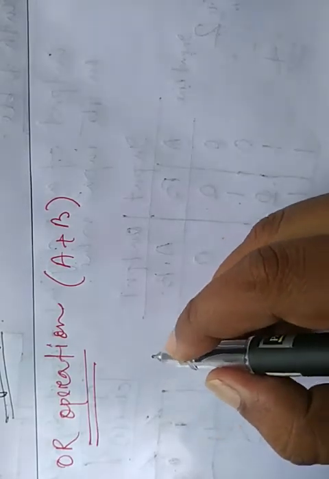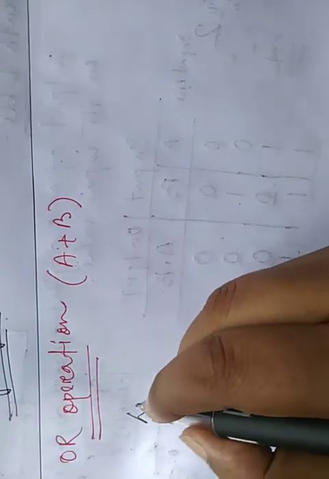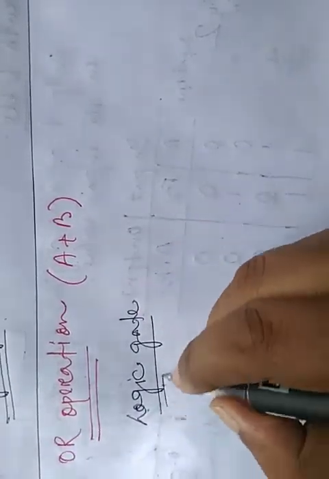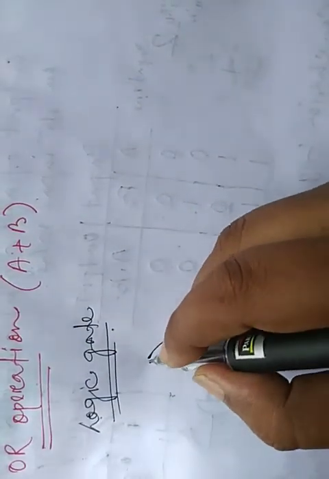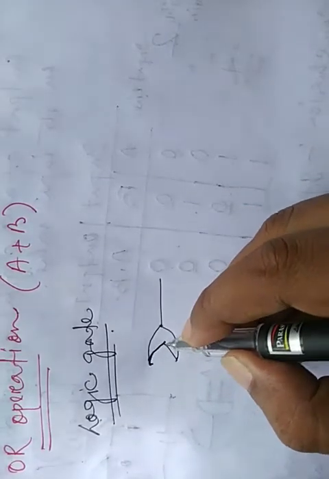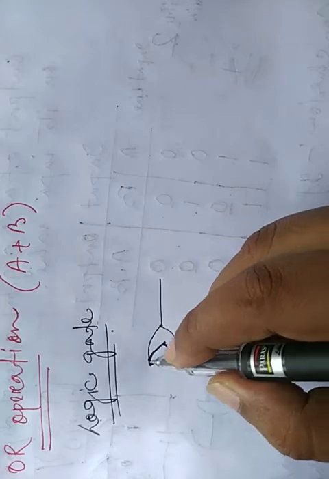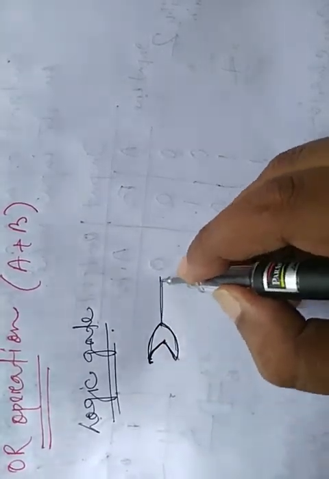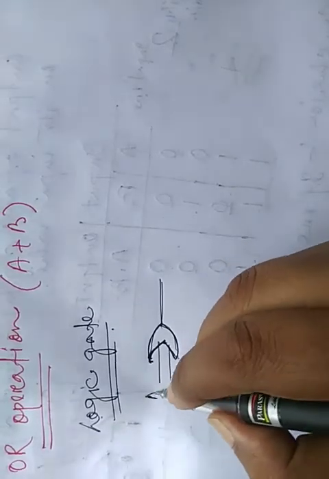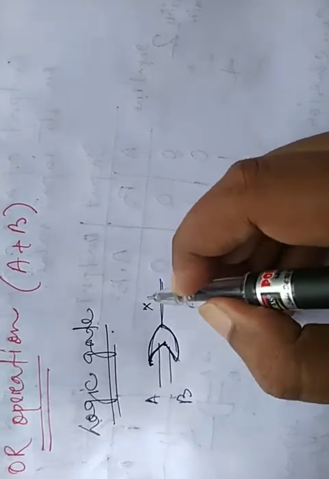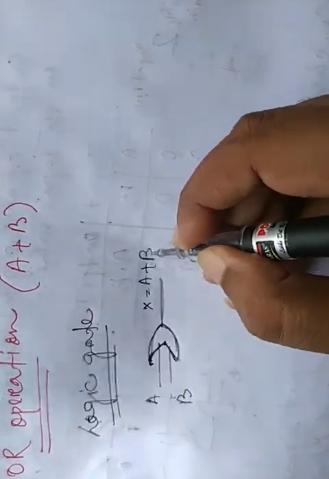Okay, so first the symbols of the logic gate. For logic gates, the logic symbols are like the tail of a fish, like this way. Don't draw the back as an oval shape. This is in a triangle shape and this is the oval shape. Okay, two values are there. A, B are the input lines, and for output we get A plus B.